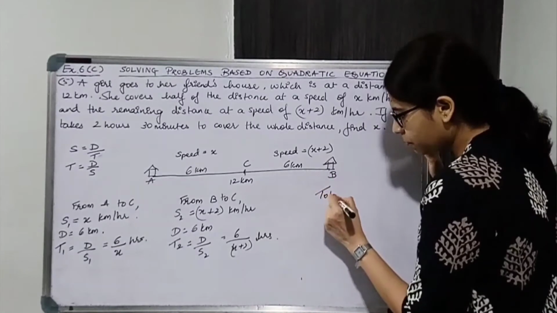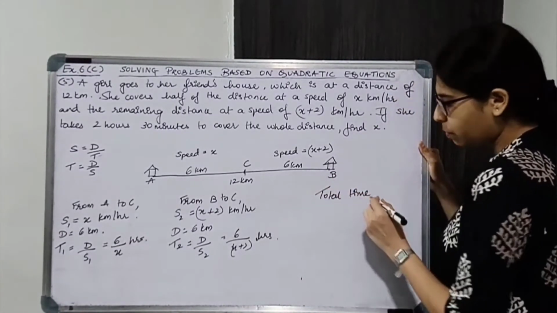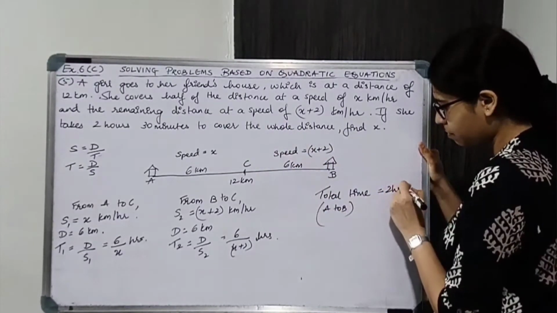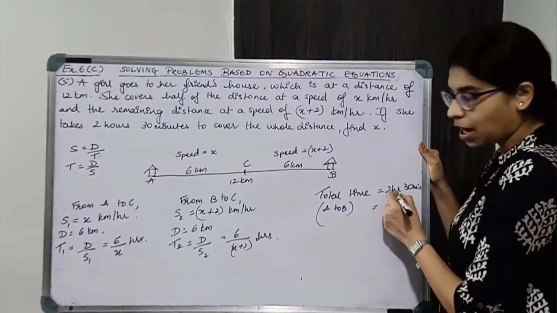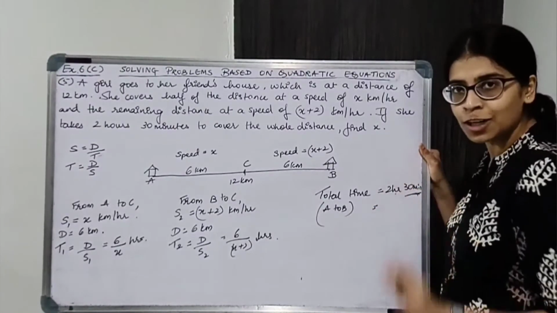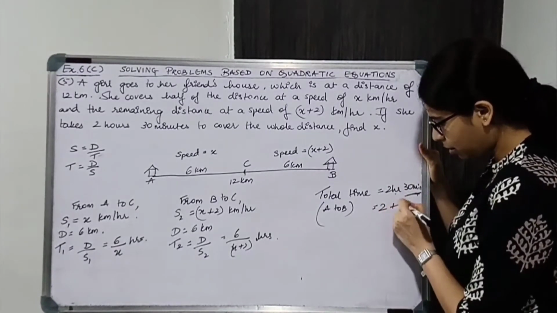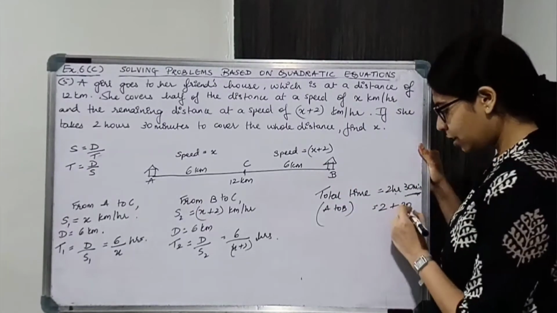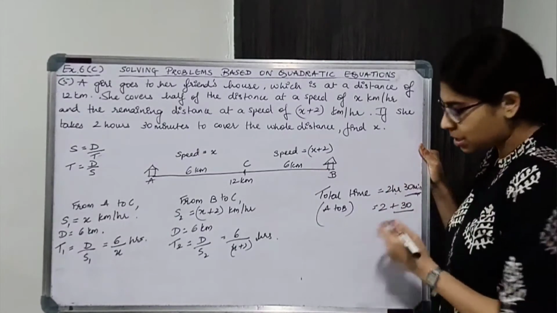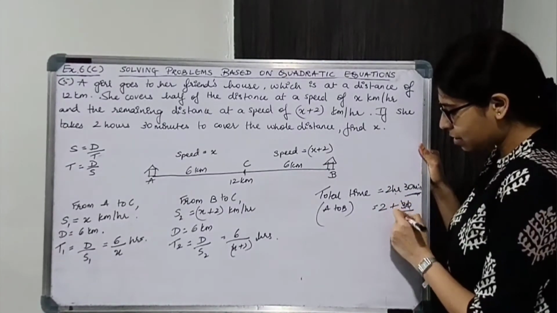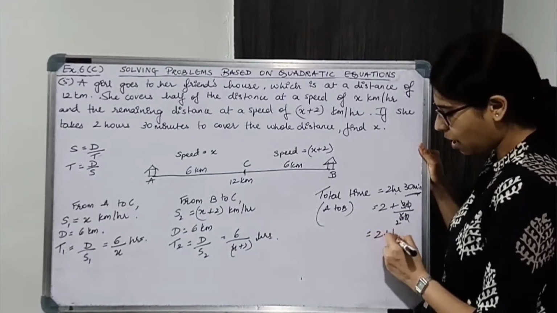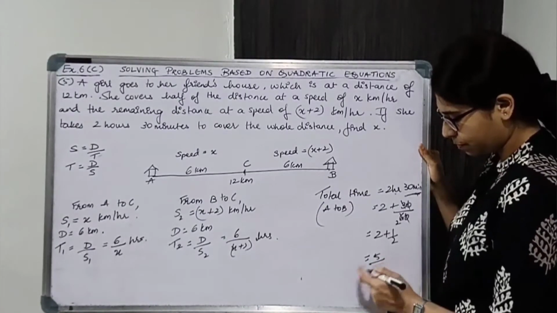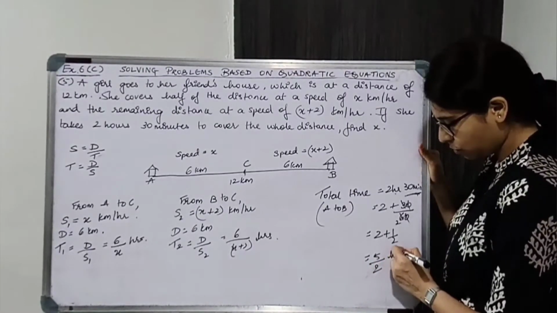So total time from A to B is 2 hours 30 minutes. ये आवर्स में है, ये मिनट्स में है, सो मिनट्स वाला आर में कन्वर्ट करेंगे. So 2 + 30 minutes to hour, smaller to bigger, you will divide. How many minutes make 1 hour? 60 minutes. So 0 0 gets cancelled, 3 1s are 3, 2s are 6. So 2 + half, that gives 5/2. ठीक है, so 5/2 hours.